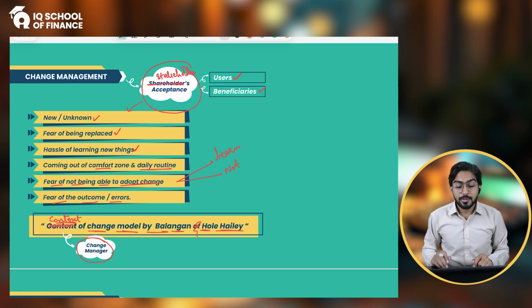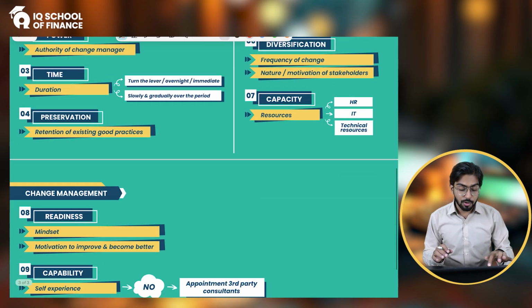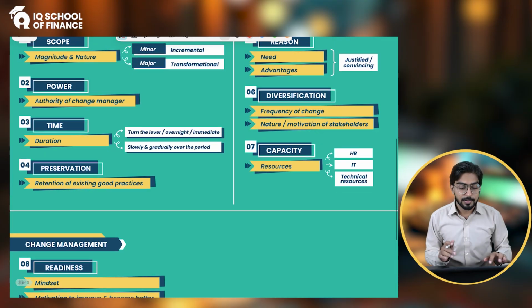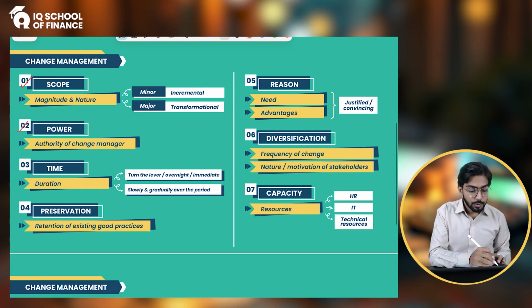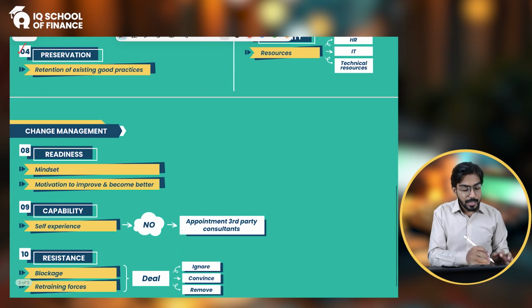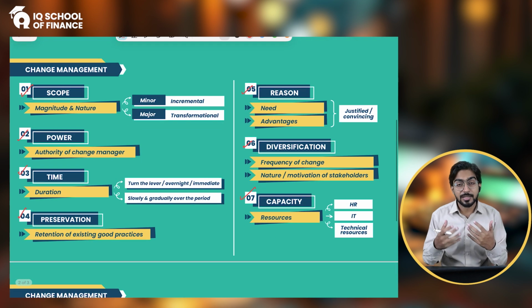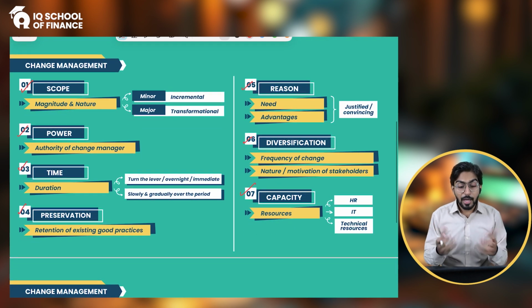All right. So now let's move ahead to the context of the change. If you want to understand the context of the change, you need to focus on these 10 areas. One, 2, 3, 4, 5, 6, 7, 8, 9, 10. If you as a change manager, just think that now you are a change manager. So you have to consider these 10 areas in order to understand the context of change, and accordingly then plan